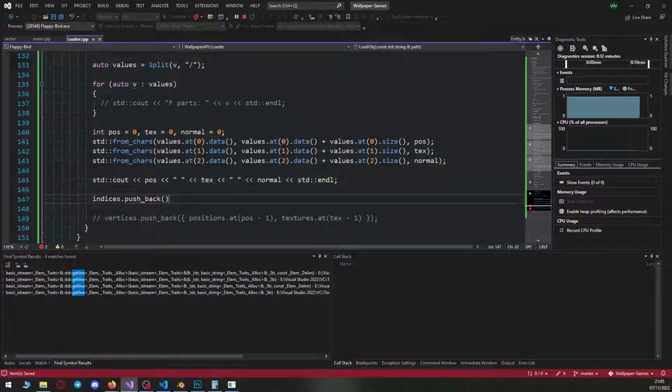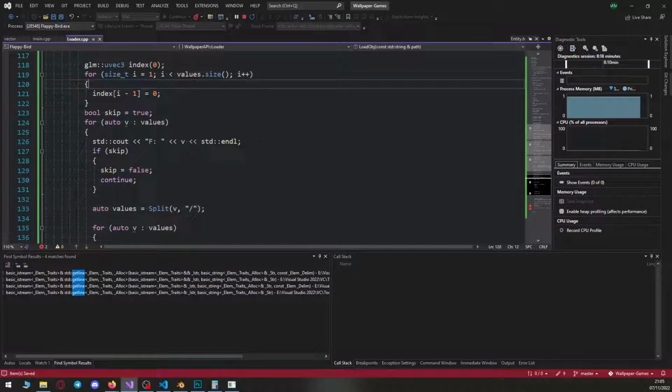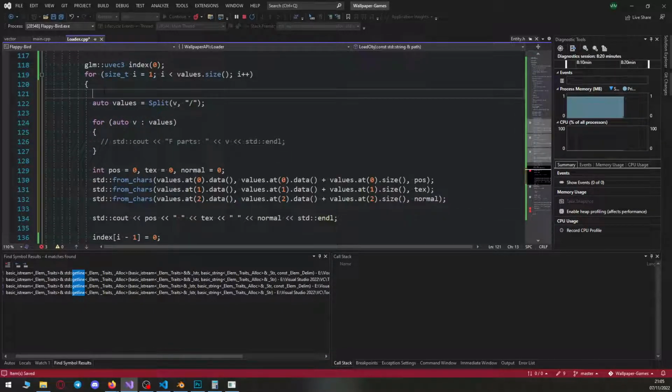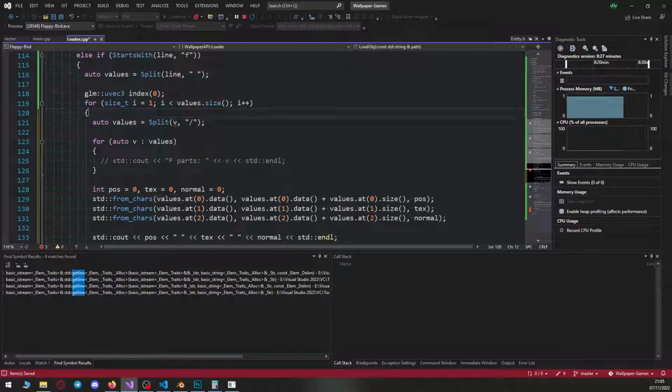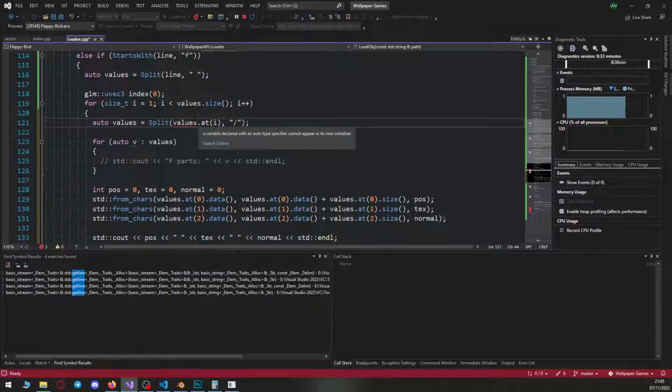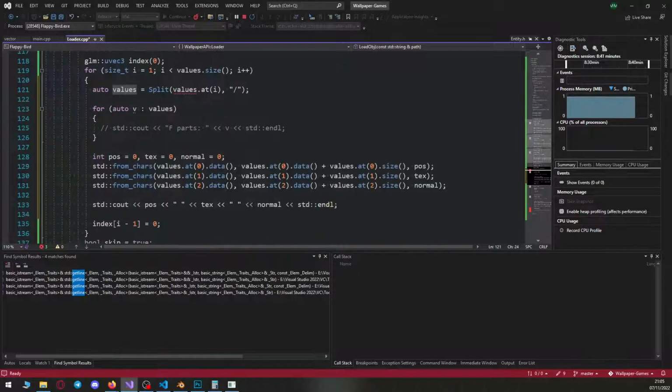Yes, perfect. Is that at I? Correct. So this values is